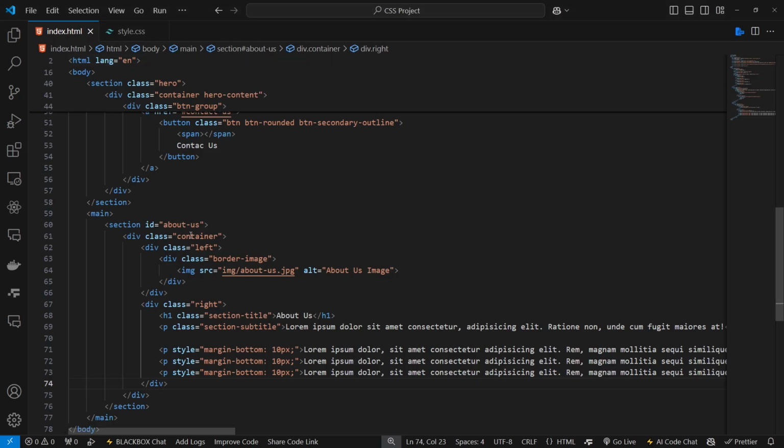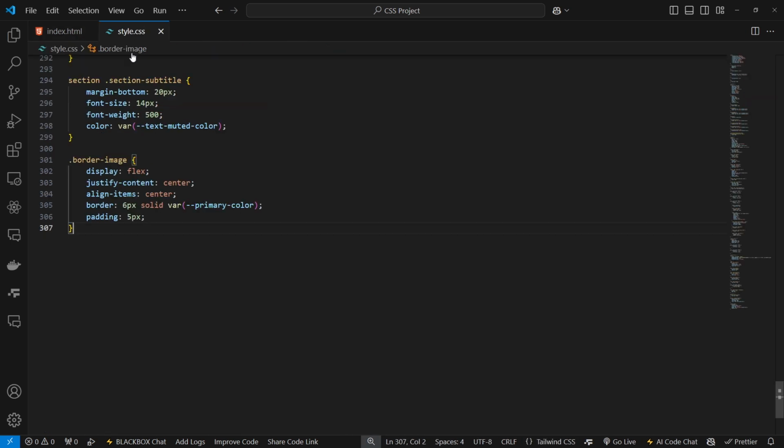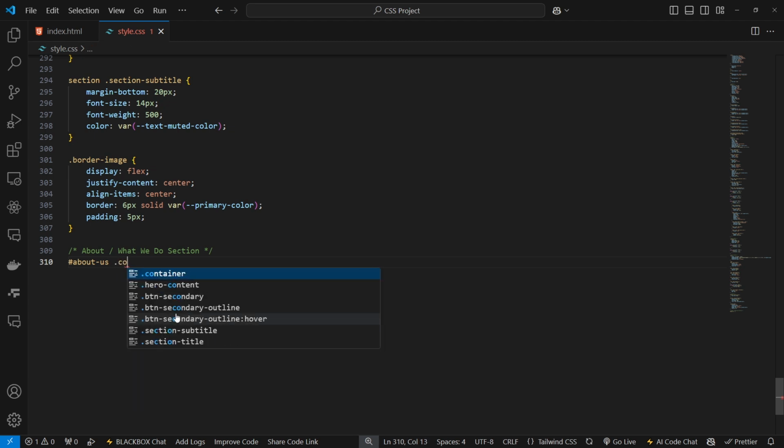Let's select the container class and we'll just put it about section, and since the about and what we do sections share the same styling, this will just be about / what we do section. So now select the about us ID and the container,